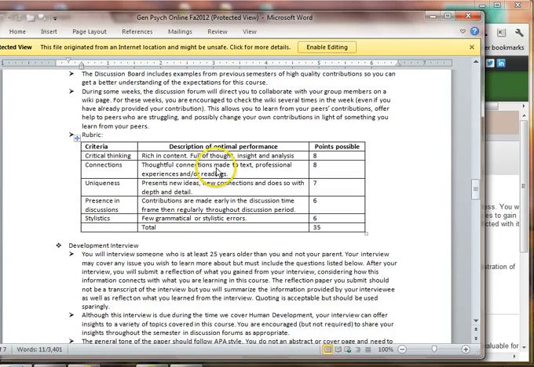You want to connect what you're writing to the text. This is one of the only ways, this and the quiz, that I can really see if you are understanding what the textbook is saying to you, if you're able to apply these ideas. So make sure in your discussion board that you are connecting to things in the textbook. I've read the textbook. I know what's in there, and I want to see that material coming up